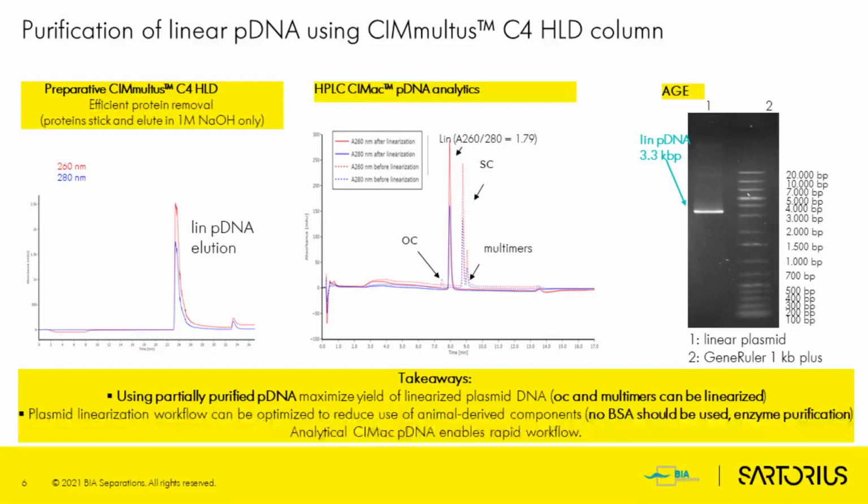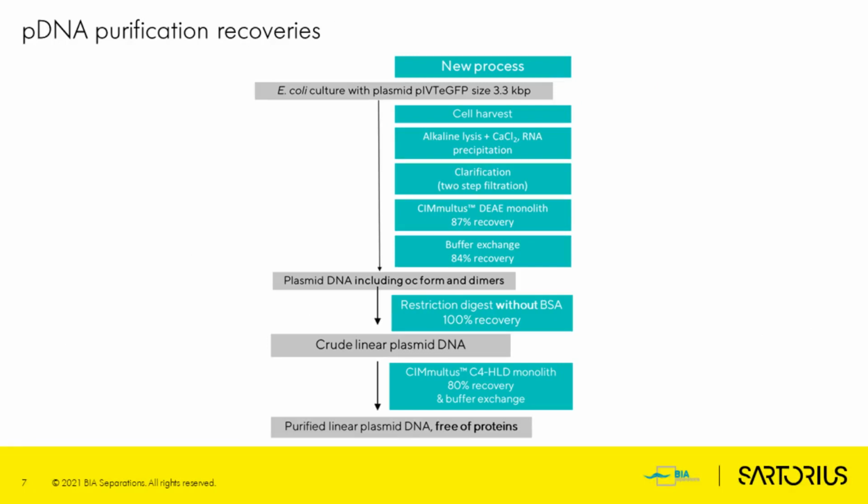So this is the in-process control chromatogram. The dotted lines are showing the chromatogram of the DNA which we load on the C4, which we load to the linearization step, and then after the linearization step, we see basically just nice, pure, linear plasmid DNA. So this works very well, although we are not using bovine serum albumin. We don't want to use bovine serum albumin because we would get proteins which may be problematic for the IVT